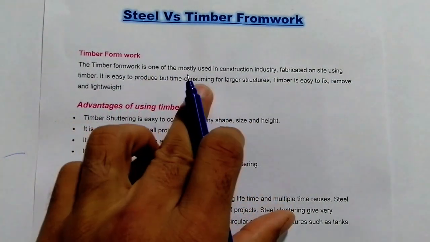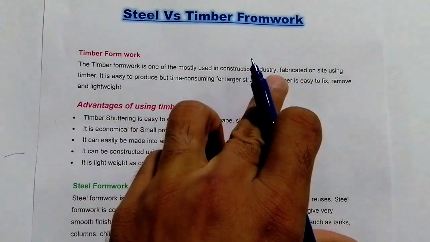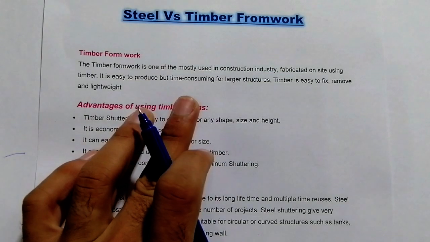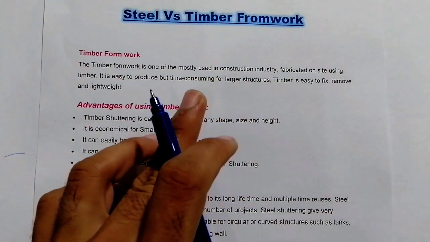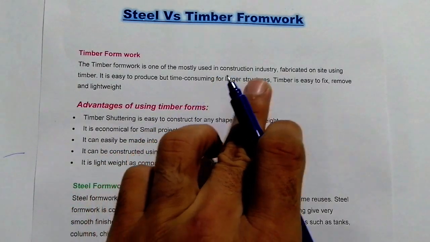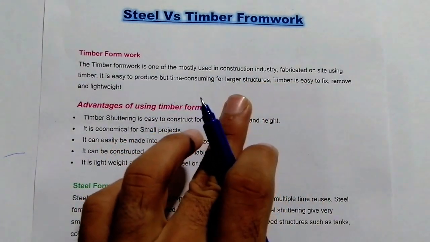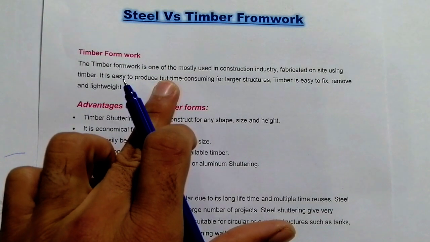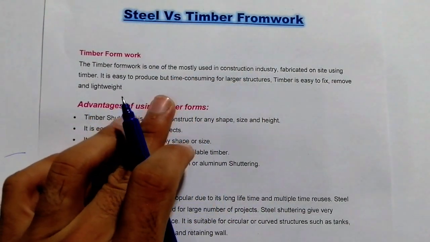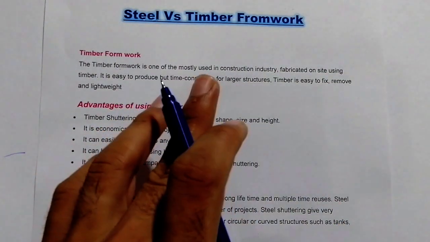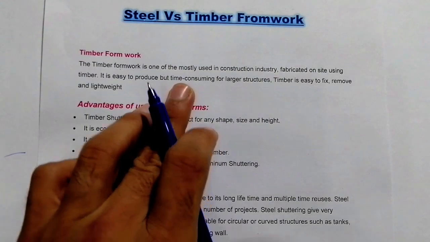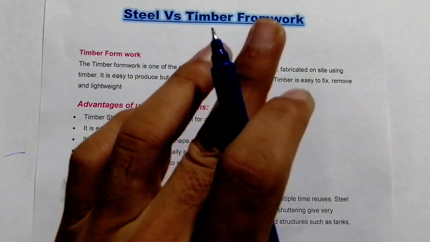Friends, this is mostly used in the construction industry, the wood formwork or timber formwork you can say, right? For small projects you can use the timber, but for larger structures you can't use it because it can waste more time. But nowadays it's a new technology and we have different types of formwork. So many people use steel formwork and other types of formwork, but timber is also suitable